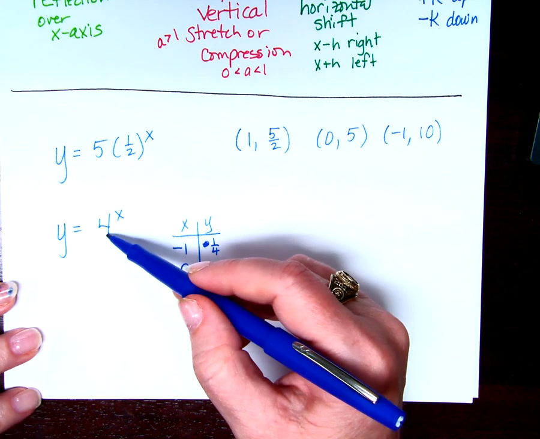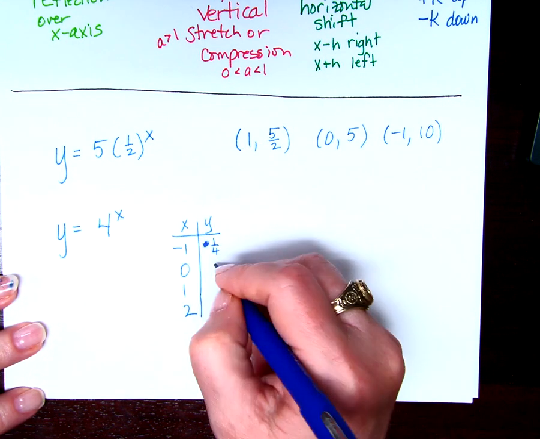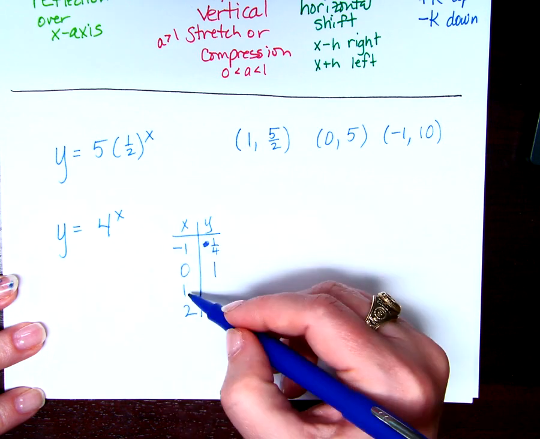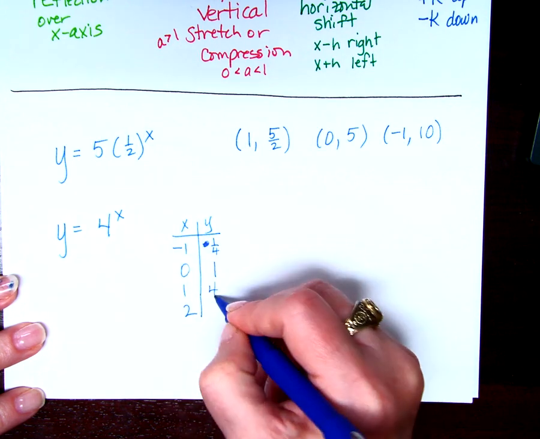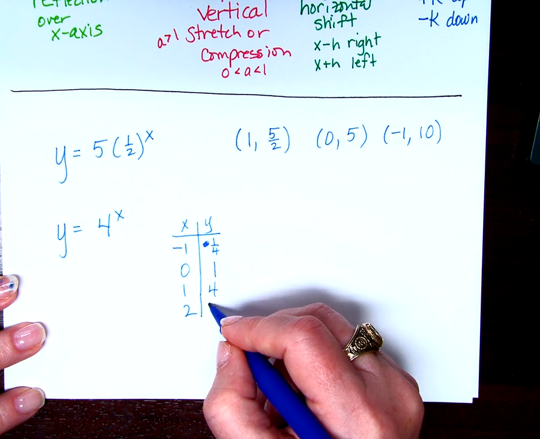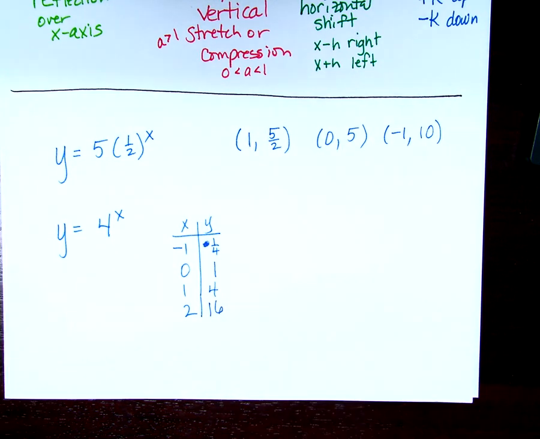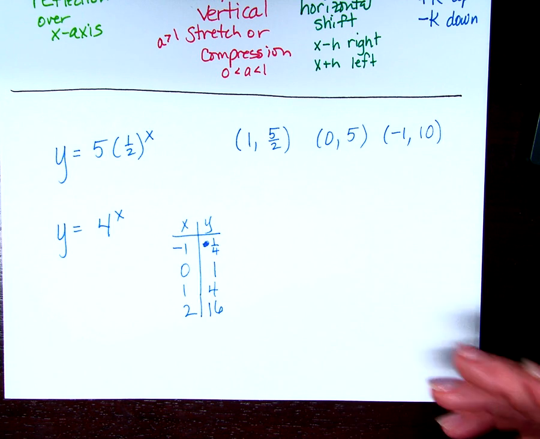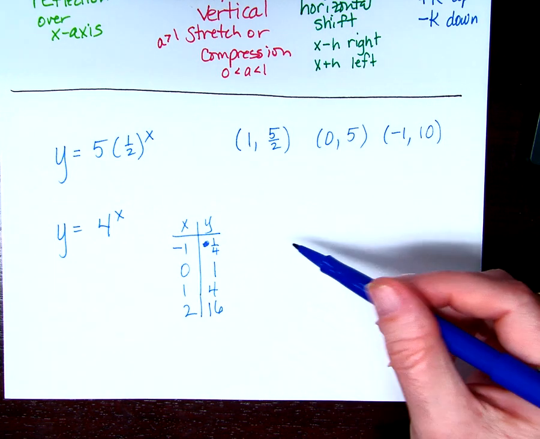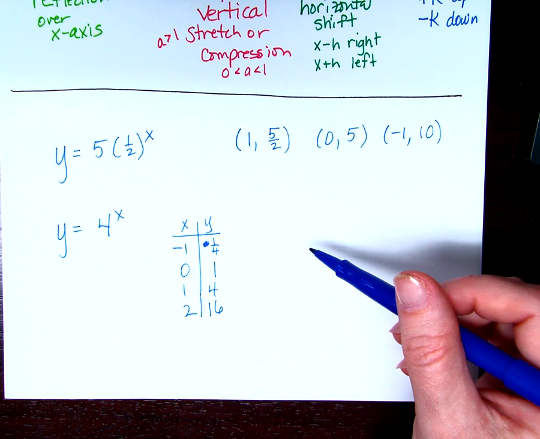What about anything to the 0 power? 1. What about 4 to the first power? 4. And what about 4 to the second power? Thank you for not saying 8. You're letting your brain think before your mouth talks. Good job. Okay. And then what about after this if it says, oh, by the way, we want you to